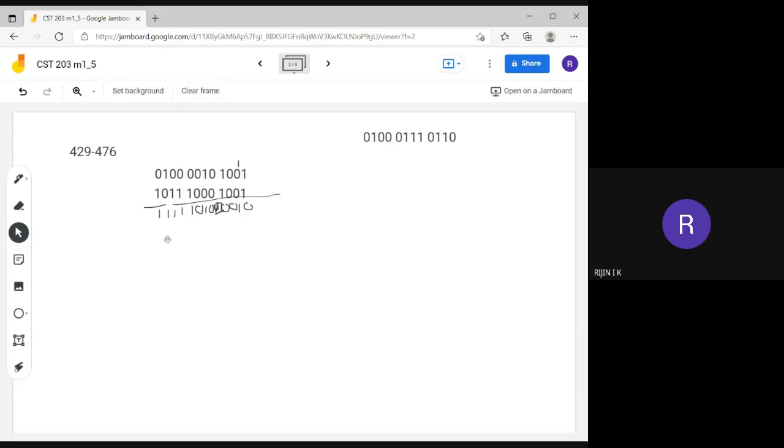There is a carry generated here, so you need to add that carry to the result. Okay, here there is a carry generated, so after that this will be the result. That is 1 1 1 1, then 1 0 1 1, then 0 0 1 0.